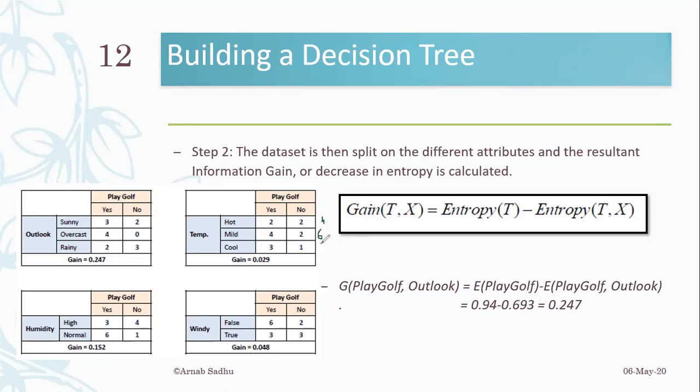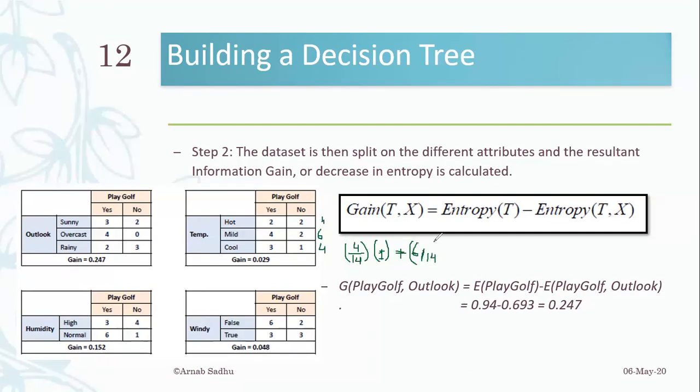So now the entropy will be 4 by 14 plus 6 by 14. So 4 by 14, that is the probability, into the entropy of this, that is 4 by 14 into entropy, which is minus the 2. So it is equally divided. We know if it is equally divided, what is the entropy? The entropy will be 1. So we can blindly write 1 here. We know that if it is equally divided, the entropy is going to be 1. So 4 by 14 into 1.